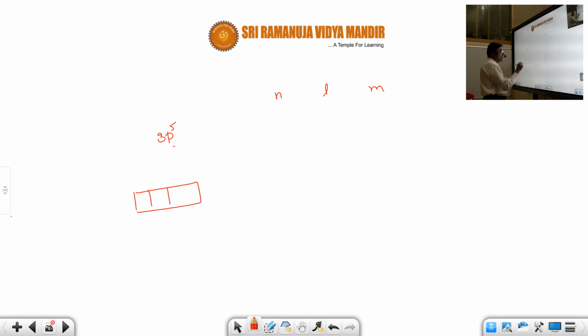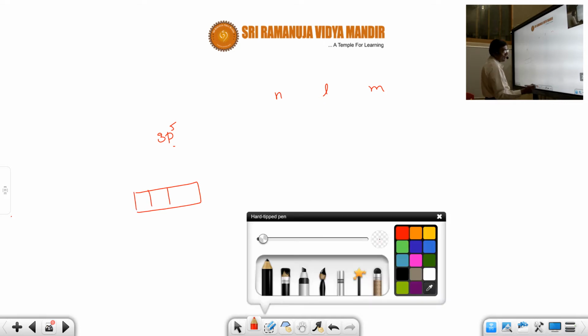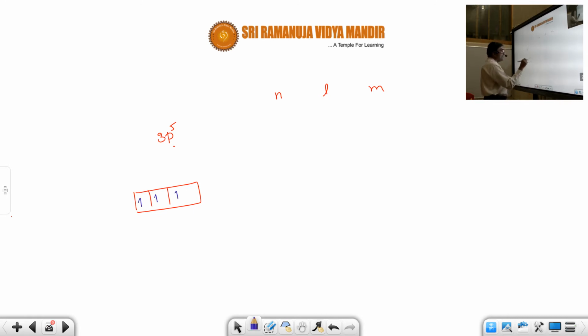So it is like this. This way, here we have 1, 2, 3, 4, 5. You have to write for the last electron. So the n value is how much? 3. The l value for p is 1. The m value is minus 1, 0, plus 1. So where is the last electron? The last electron is here, so that is 0. Next, it is down. That is minus half.